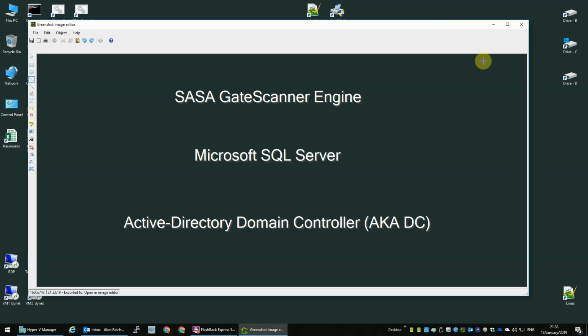13th of January 2019. And today we're going to be installing and configuring the SASA GateScanner desktop server and clients, obviously. Now, before we begin, I would like to clarify that we are assuming you already have in your environment, whether it's production or lab for testing purposes,